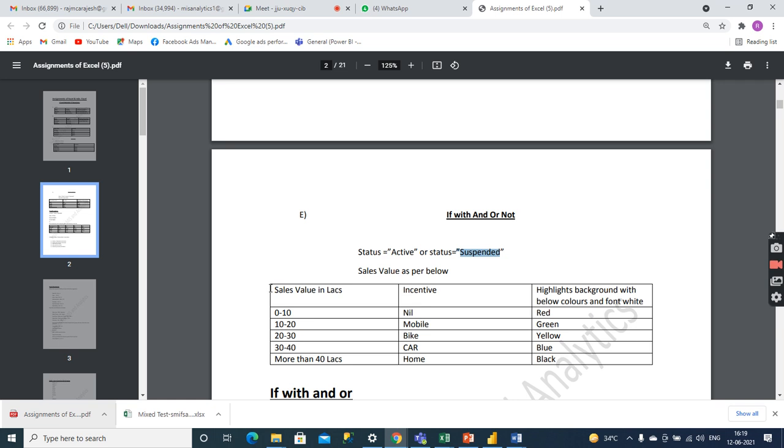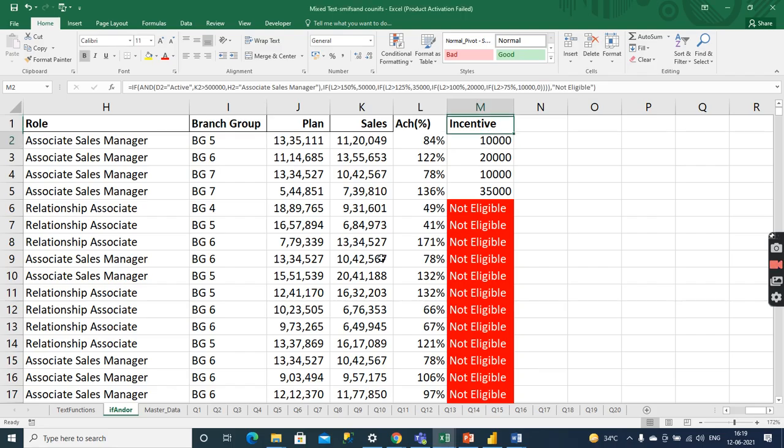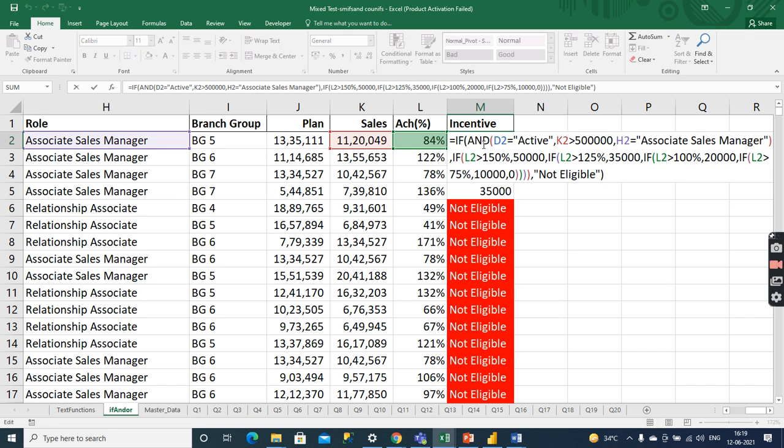And these are the conditions we have, right? If he made more than 40 lakhs, he gets a home; 30 to 40, a car; 20 to 30, a bike. So what we'll do in this case is apply or instead of and. This is the logic.